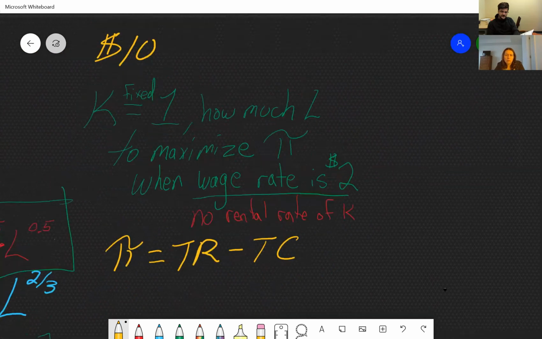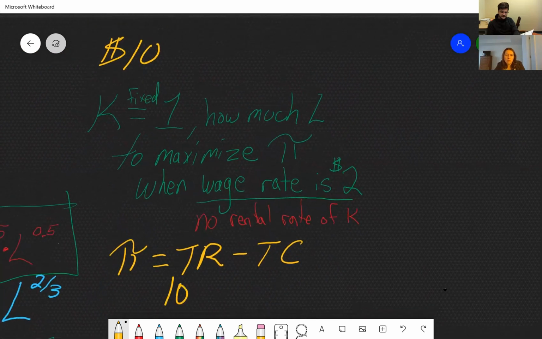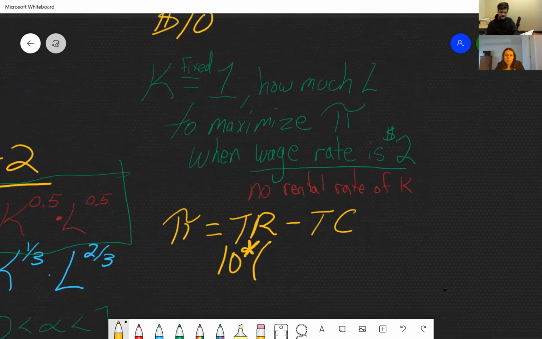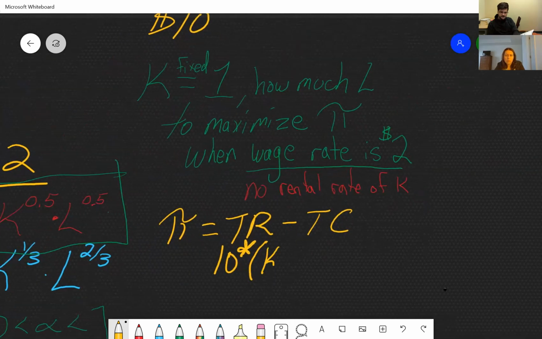So we've got $10 times price times quantity, right? So I'm just going to go ahead and fill in my production function right here, right? Times K to the 0.5 times L to the 0.5 minus,